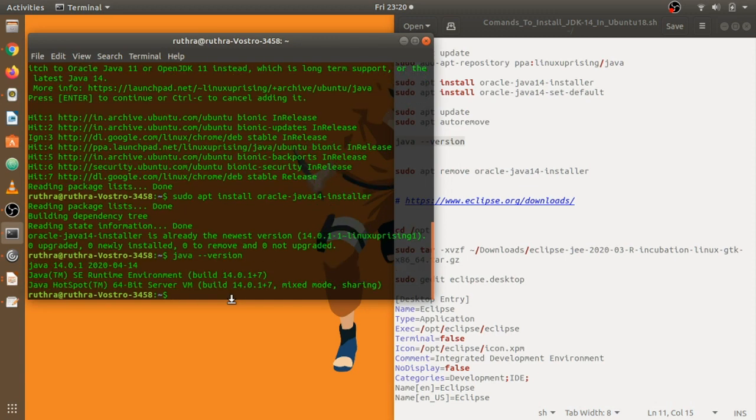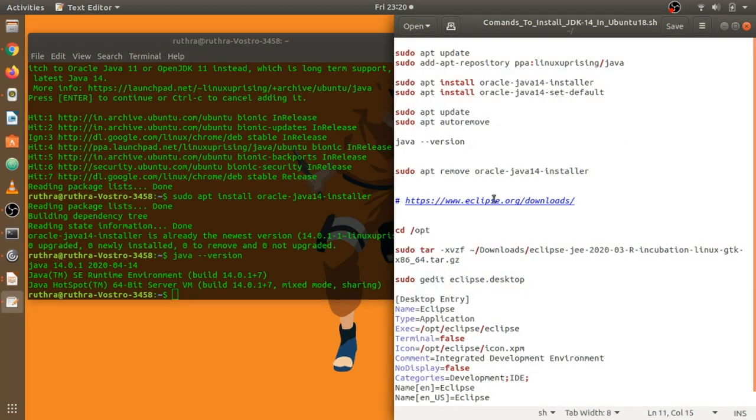If this executes, that means we have Java 14.0.1, and that is the latest JDK. It has been installed successfully. So that was step 1 to setting up your Eclipse IDE for Java programming.